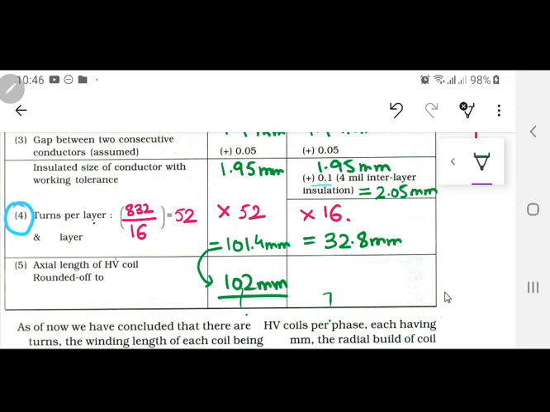अभी मैंने 3 कॉइल्स और इस तरह की लगानी है, उनके दरमियान में कितना फासला होना है वो भी अभी डिसाइड करना है. ठीक है. So this is one. What about this one? 32.8. ये ऐसे ही रहेगा या इसमें चेंज आएगा कुछ? ये कॉइल की विड्थ है, इसको कोई चेंज नहीं आना. Radial width over there, so you can just take it 32.8, and if you want to round it off you can make it equal to 33 mm. ठीक है. Any ambiguity up till this point?